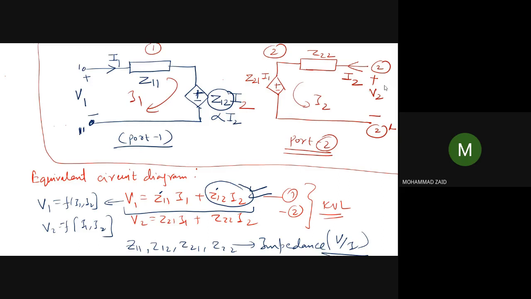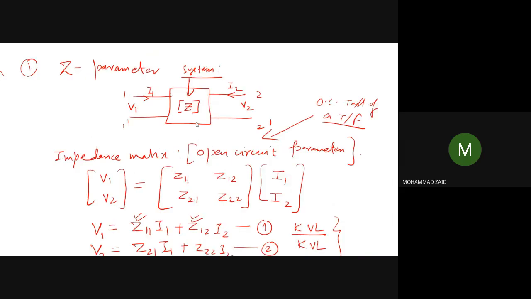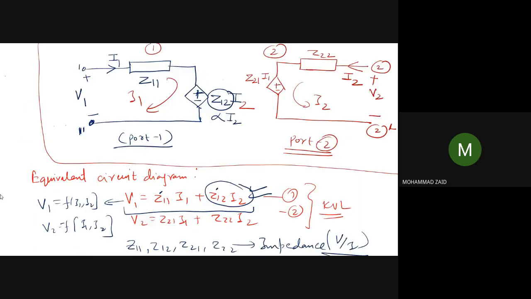Z parameters are very, very useful and very, very easy to write. For example, for any circuit, you can easily write the KVL equations, and these KVL equations are basically the Z parameter equations. Similarly, if you write the KCL equations, they will become the Y parameter equations. Whatever we have modeled, we have a black box that we have seen here, and from the circuit point of view, we can draw it like this.